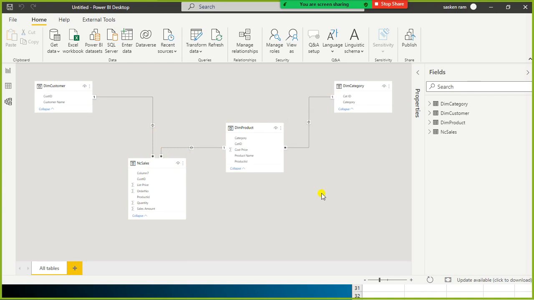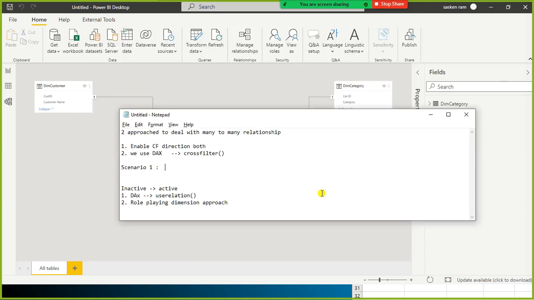Since enabling the bidirectional relationship for all the tables is overkill, unless there is some serious requirement, in that case you can enable it. You need to decide on a case-to-case basis.